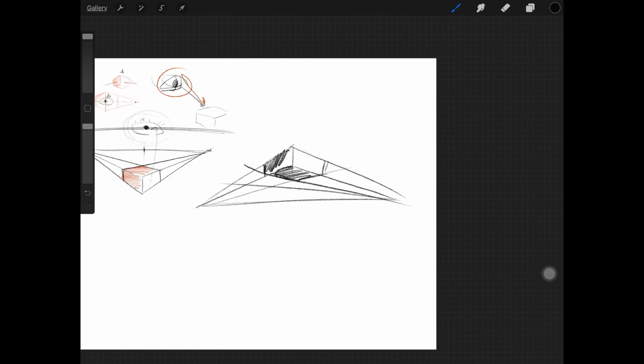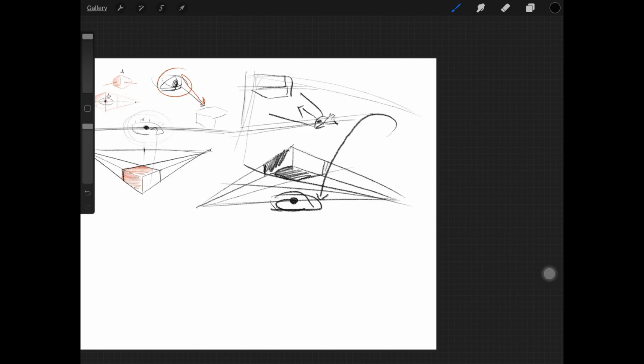You are looking from here, always looking from here. In actual life your box is somewhere above you and you are looking from here. In technical terms, here is your horizon line and the vanishing point will do something like that. Okay,